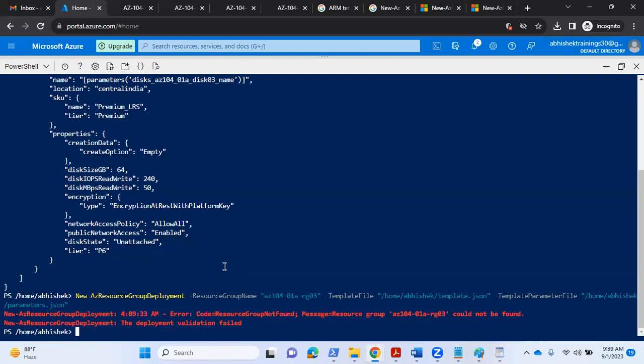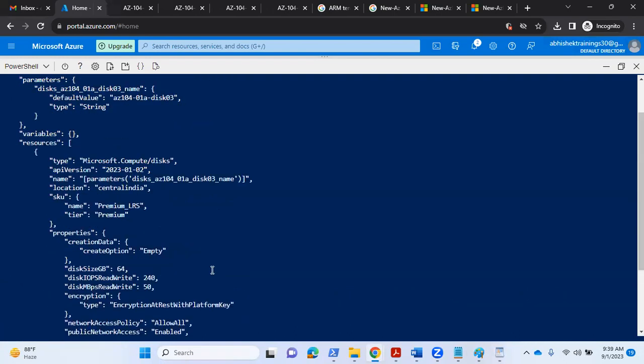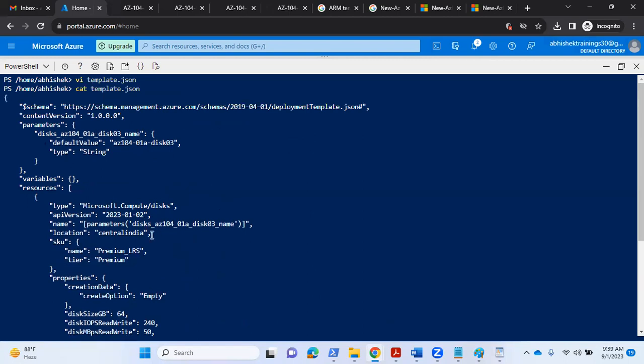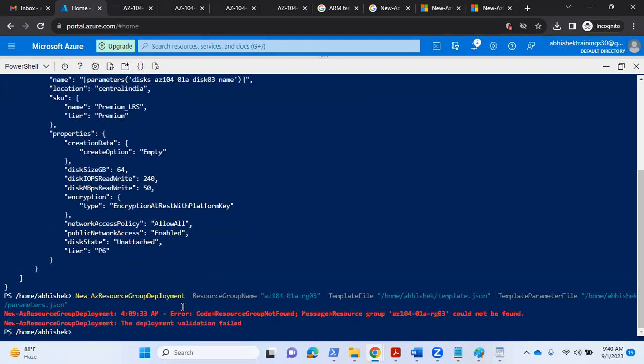There is some error, I think, in this file. I'm not able to figure out where the error is. See, in the parameters type, the description of resources is necessary, but not the resource group. It should take it from here only. If I give the resource group name here, then it should take it, because this is a parameter. As we provided the parameter